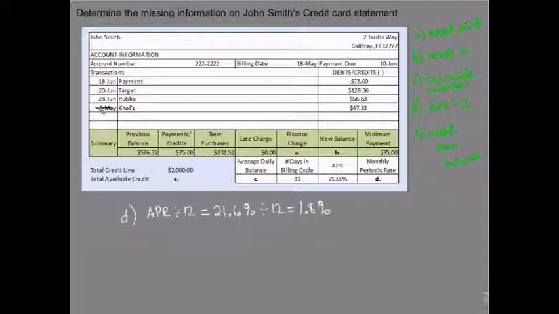Let's make this the 3rd of July for Kohl's. And we'll make the billing date the 14th of July. And we'll make the payment date, we don't care what it is, because we don't care about that for this process. So we'll just make this July and make that July. The 3rd of July and the 14th? Yeah. Okay, so our billing date is the 14th of July, and we have a 31-day billing cycle, so I'm